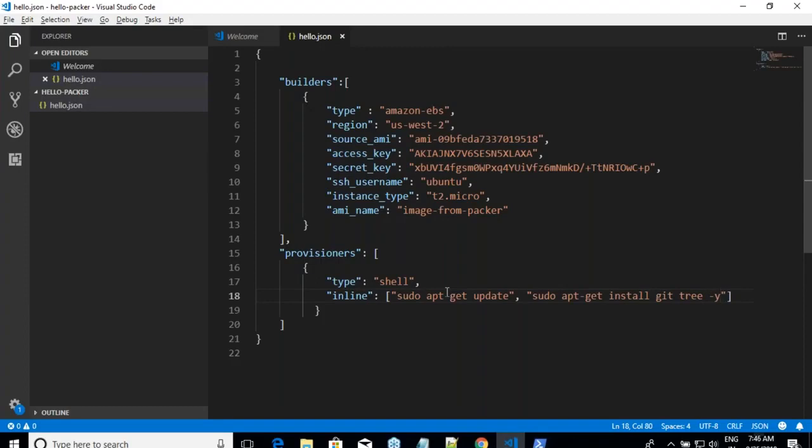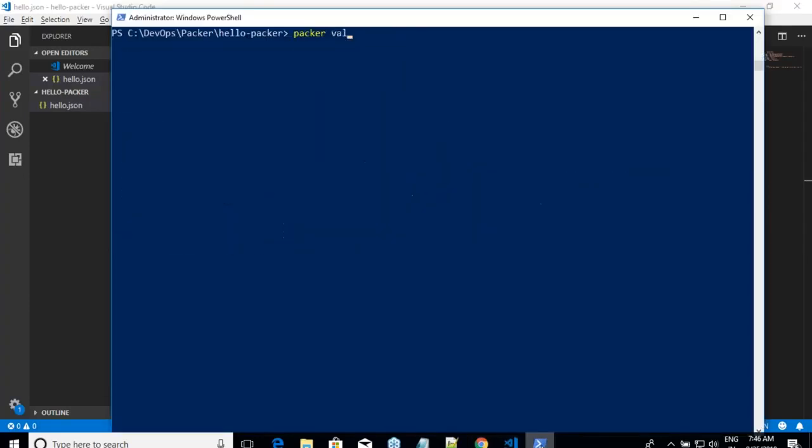Those Linux commands update the Linux version, and then install very basic software, right? Okay, so shall we try this now? Again the same steps. Packer validate hello.json.